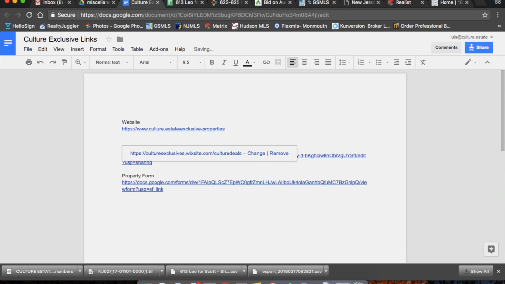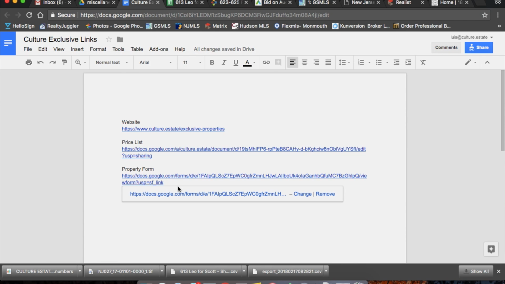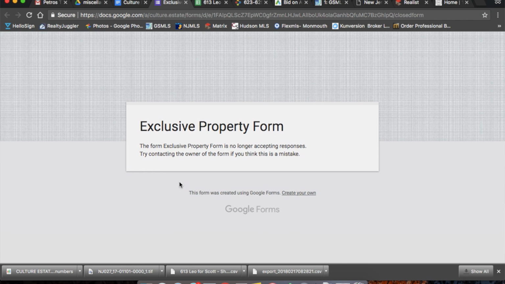Okay, if you need the pricing on those properties, here's the price list. Danny updates it all the time when we put a new property in. And if you need to import a new deal, if you need Danny to put a new deal on for you, so you say, hey, I got this property that the seller wants to give me an exclusive on and doesn't want it on the MLS, Danny, can you put it up for me? Instead of Danny asking you the same 20 questions that he asks everybody before he puts it up, you just open this form and you will,